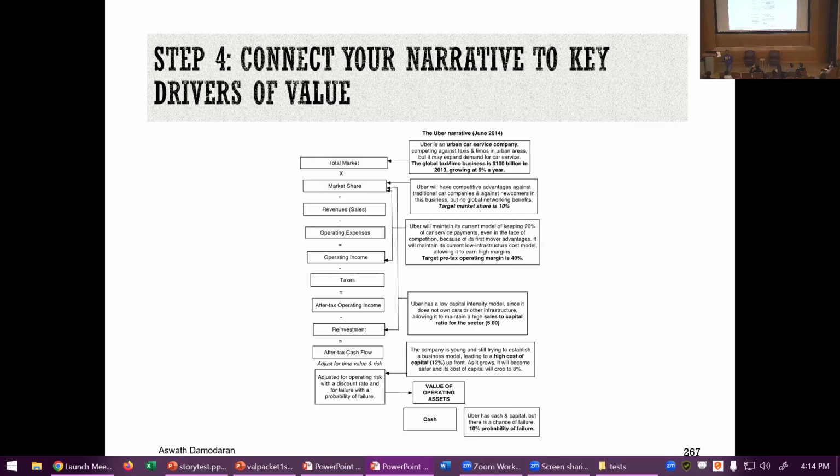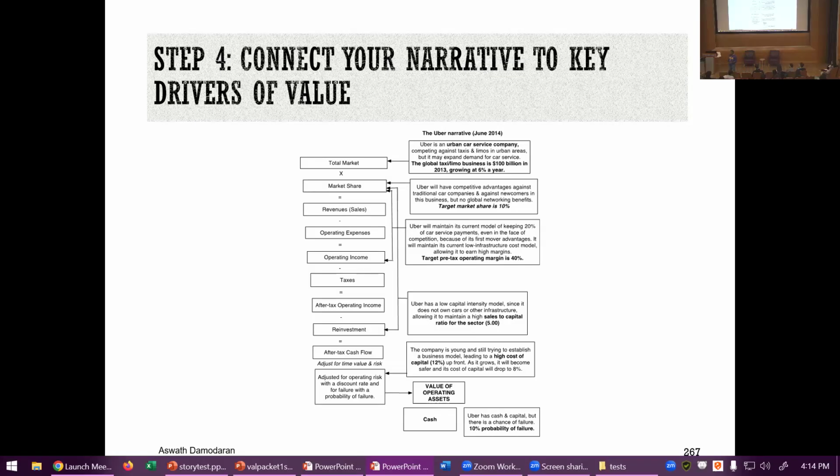But in my story, what do I assume? That Uber will attract people like my son and my niece into a business who would never have taken a taxi cab. So I made the 2% growth into 6% growth. So that's the total market. Now I've got to give Uber a market share of that market, right? Do you remember the third part of my story? Local networking benefits. That Uber would end up dominating a city, but there'd be other ride-sharing companies that dominate other cities. In my story, no ride-sharing company is going to have a 50% market share of the global market. So I gave them a 10% market share. Huge by car service standards, but not dominant.